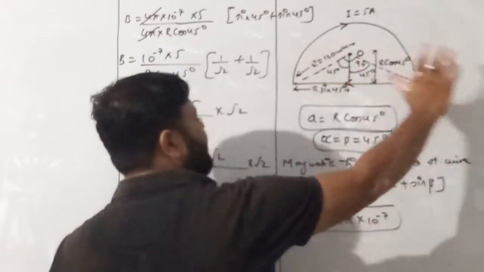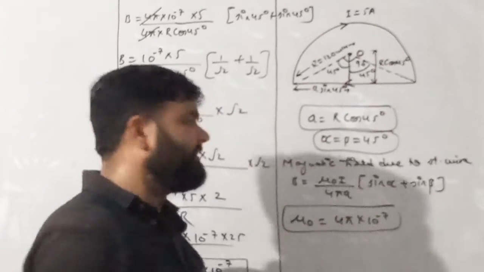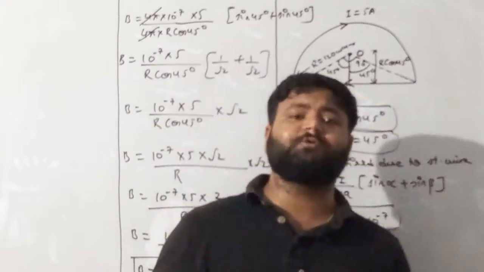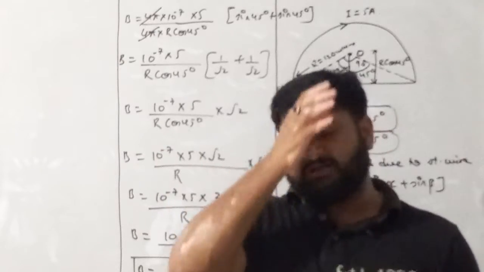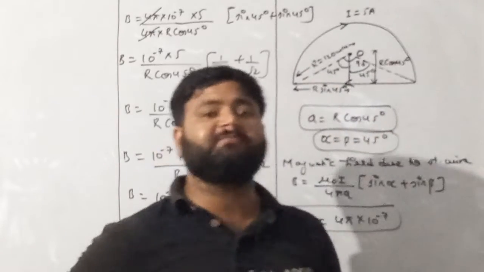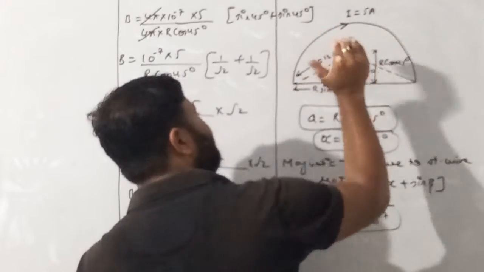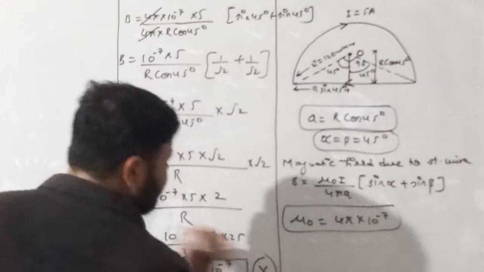Now see the direction of magnetic field due to straight current carrying conductor. We all know that direction can be found by right hand thumb rule, in which we have to place our thumb in the direction of current and curl the finger. Curling of finger can give you the direction of magnetic field. So due to straight wire at point O, the magnetic field is inside.